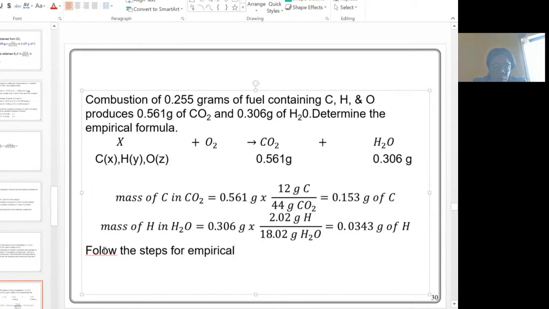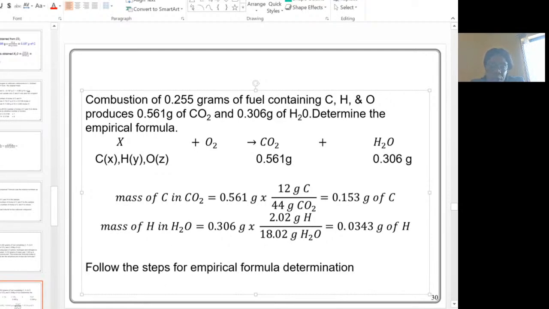Follow the steps for empirical formula determination. Okay, empirical formula determination, of which step 1 is convert your given quantities to moles. Okay, and then step 2 is do a mole ratio. Okay, but since this